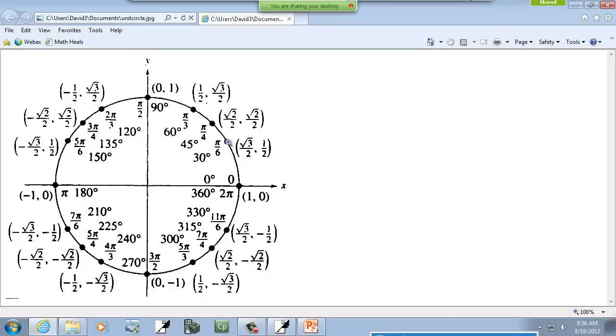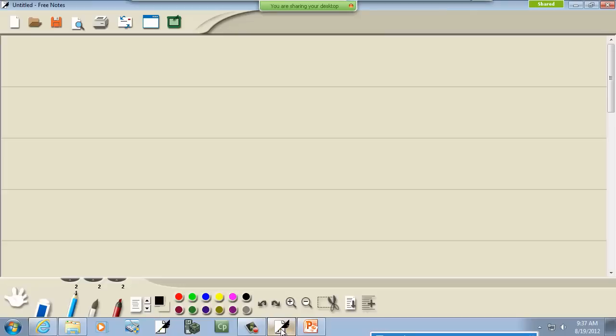If I go to the pi over 6 and I go straight down to the 11 pi over 6, again, the values of the point will be the same except for the signs. So signs is the only thing you really have to be concerned with if you know the first quadrant. So if you get that down, then there's really not a real big issue there. We talked a little bit about this in the last section,